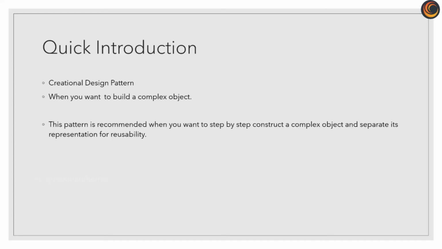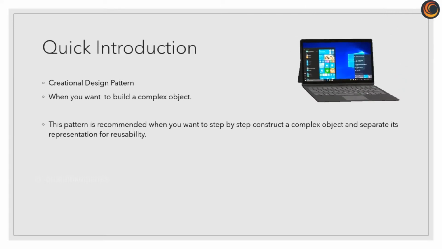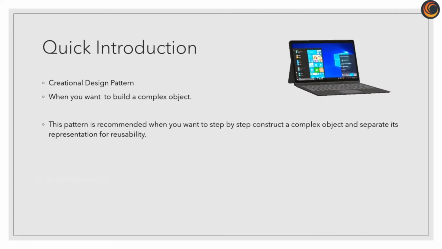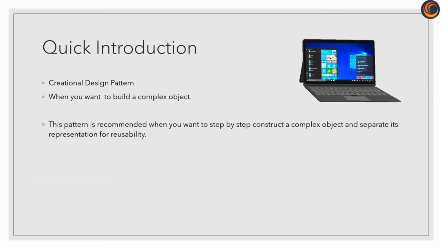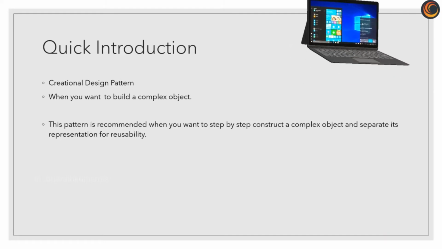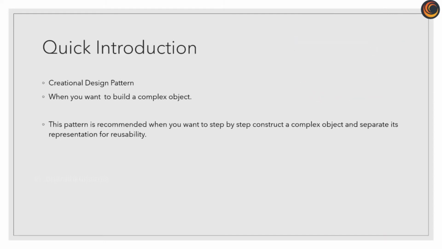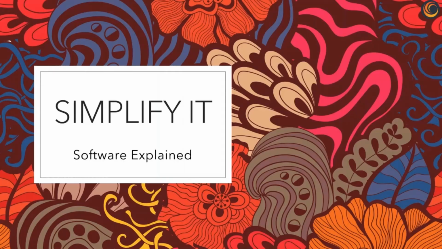In other words, you make it simple for the client to call a generic method which returns a complex object requested. It is similar to the push button in your laptop computer. You just have to switch it on and automatically the system boots, turns on mouse, keyboard and screen. Besides, you can start it in normal or safe mode. Now let's implement a sample code to understand it further.